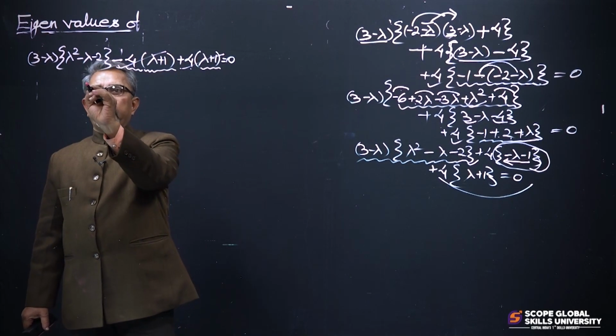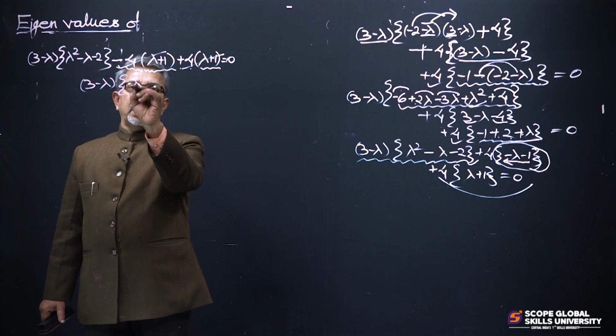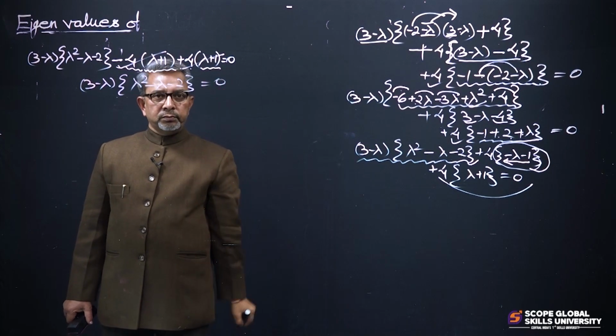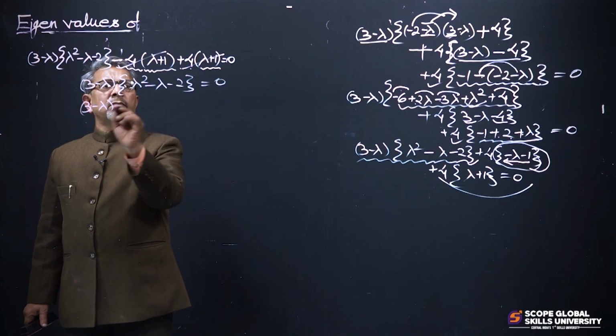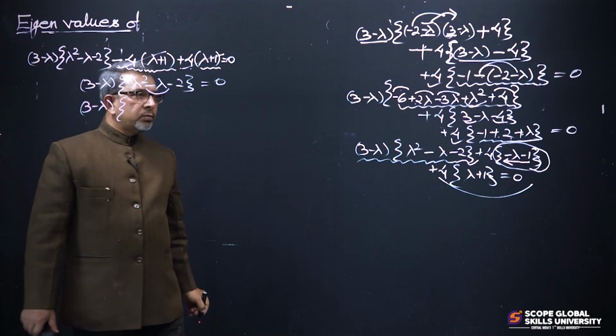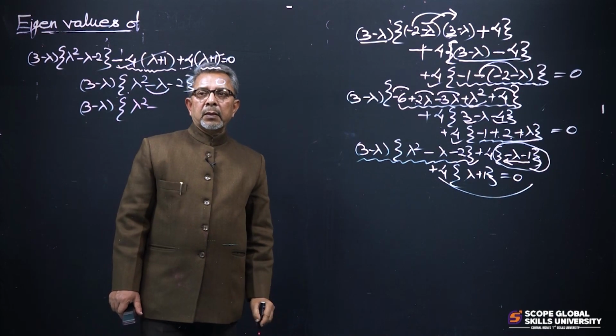Now finally we get 3 minus lambda multiplied by lambda square minus lambda minus 2 is equal to 0, or 3 minus lambda. Now splitting the middle term of this expression, we can write this as lambda square